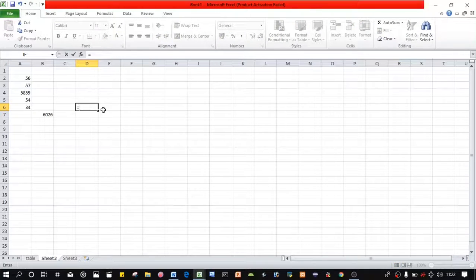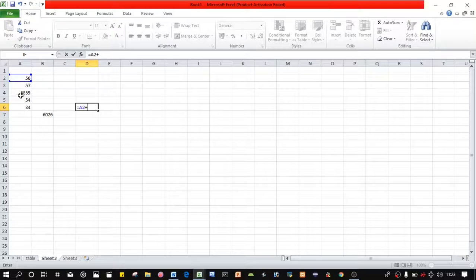Again press an equal to sign, because the equal to sign is applied for any formula. Then mixed cell reference is the combination of the relative cell reference and absolute cell reference. So firstly put a relative cell reference. Relative cell reference means press anywhere on a value, that is called relative. Suppose I am pressing that value, that is A2, this is the relative. After that you have to add this number, that is 54.